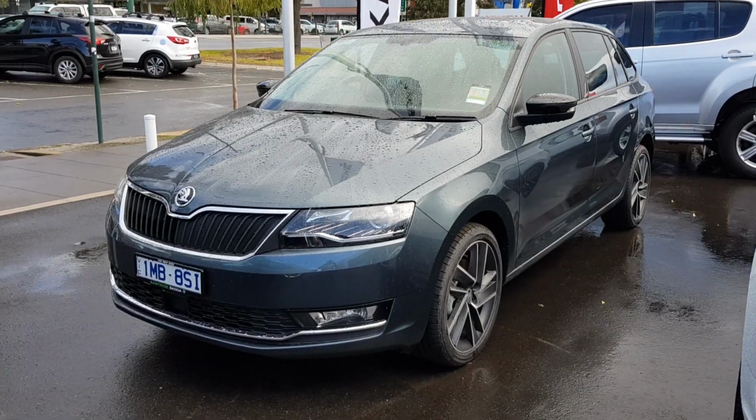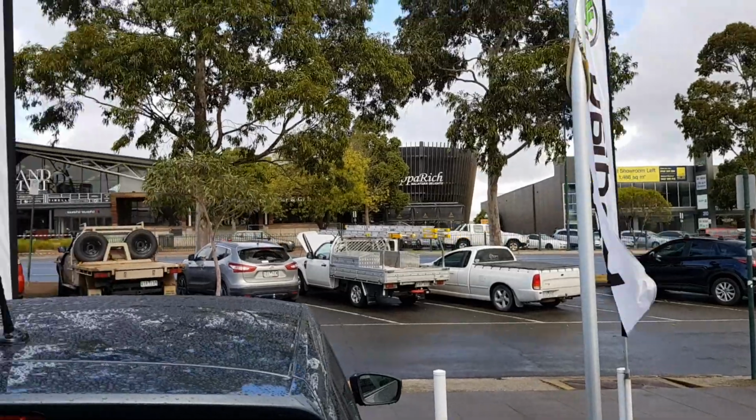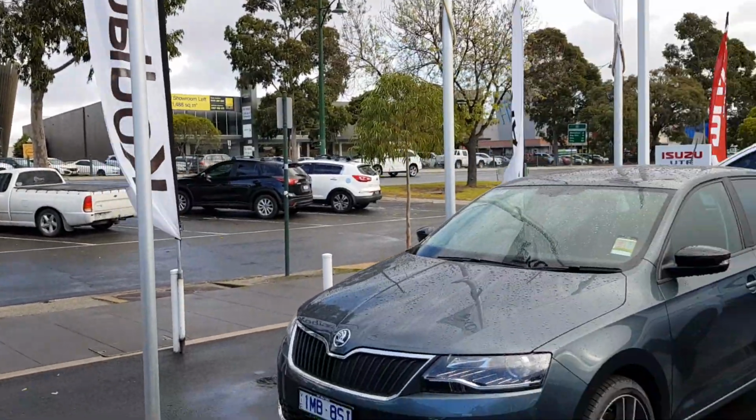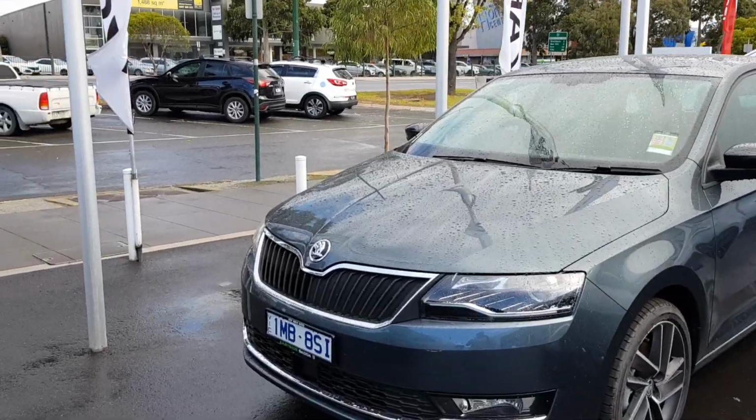Hey guys, this is a walk around of a 2019 Skoda Rapid. I'm sorry for the background noise, reason being the dealership's right next to the main road and it's just rained, so obviously it's going to be a little bit more noisy than usual. Anyhow,